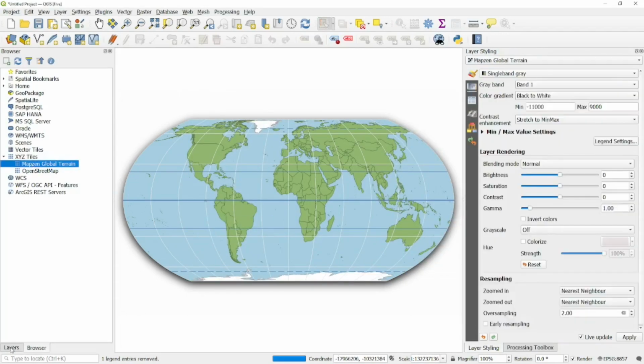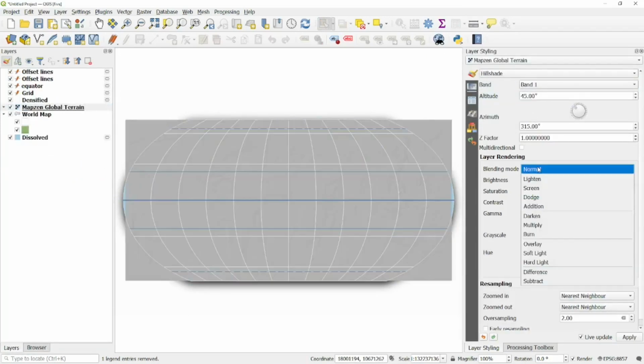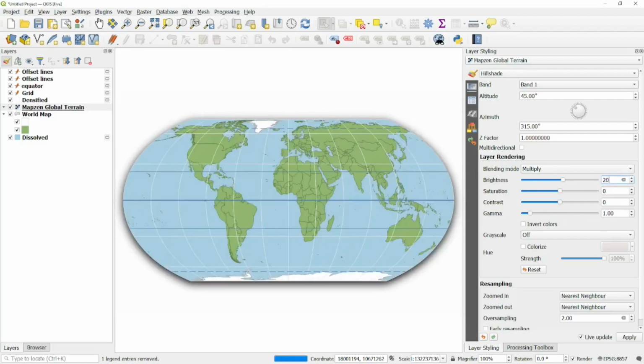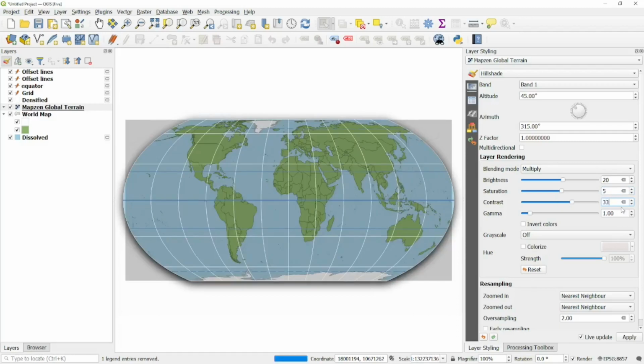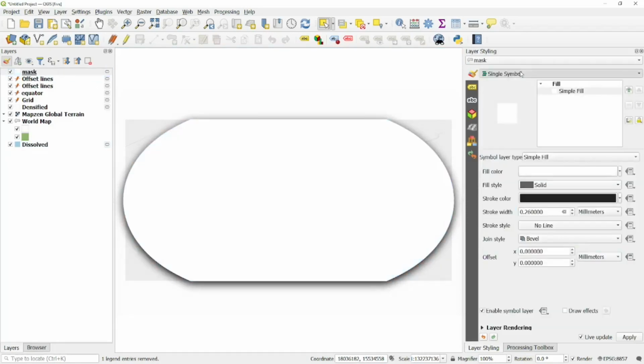Then load the Mapzen terrain tiles with a hillshade style to apply texture to the map. You can use blending modes such as multiply with rendering adjustments as an alternative to layer opacity. An inverted polygon renderer can be used to mask off any unwanted areas,